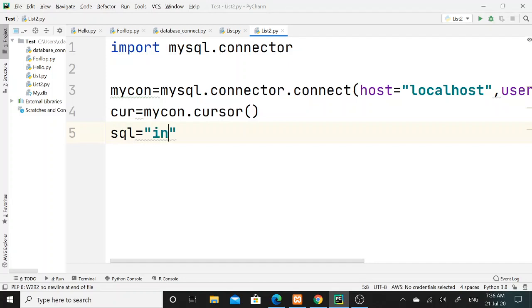So here I will write the SQL query, that is insert into table name, and I have created the employee table in the test database, values.